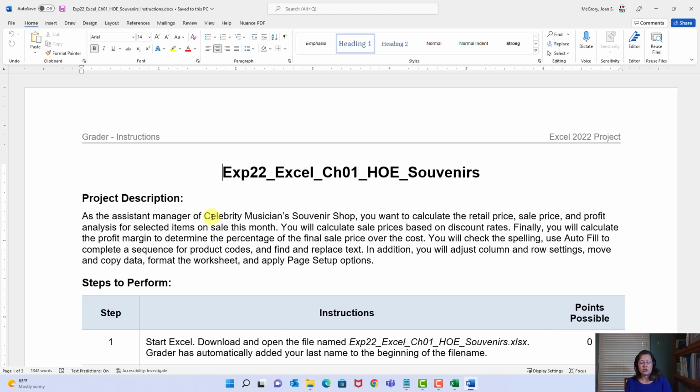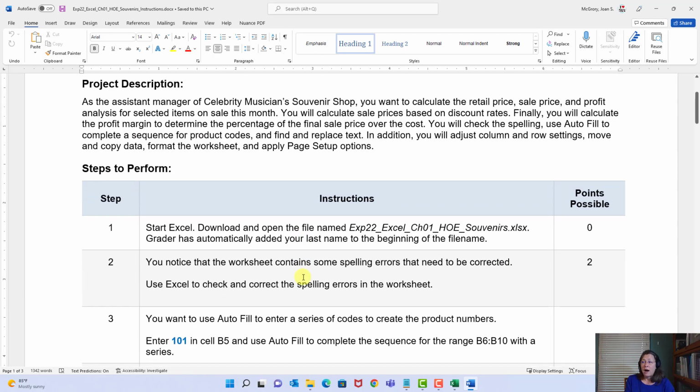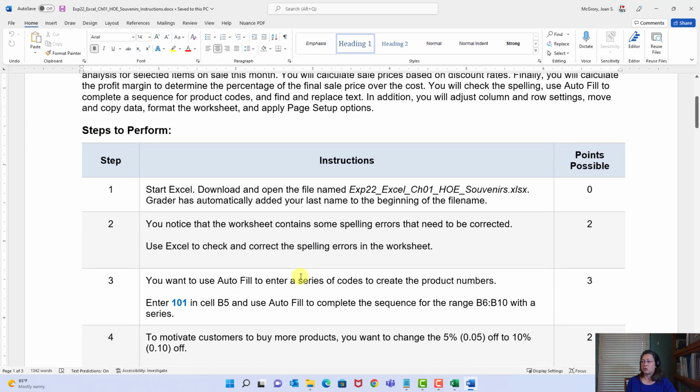In addition, we're going to adjust columns and row settings. We're going to move and copy data. We're going to format the worksheet, and we're going to apply page setup options. All right, so now that we know why we're trying to do all this and what we're trying to do,